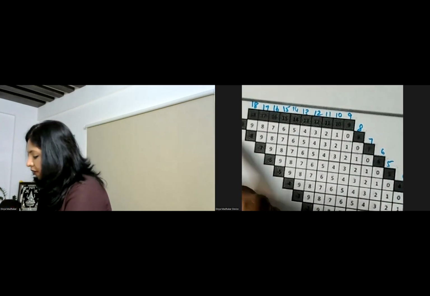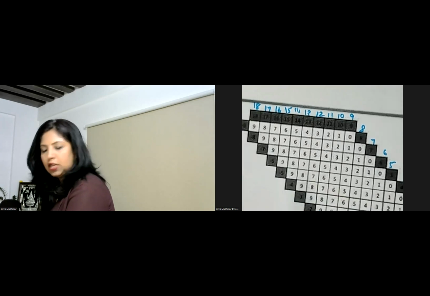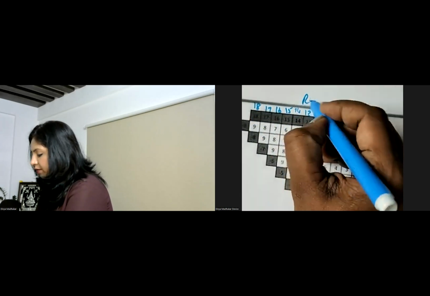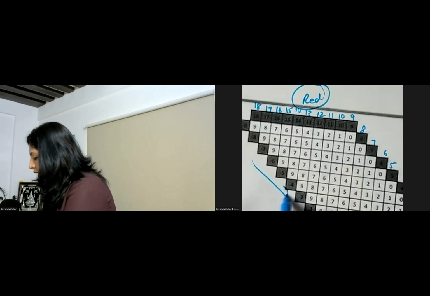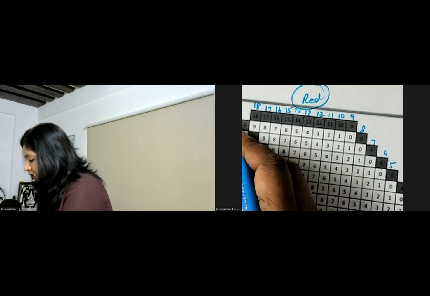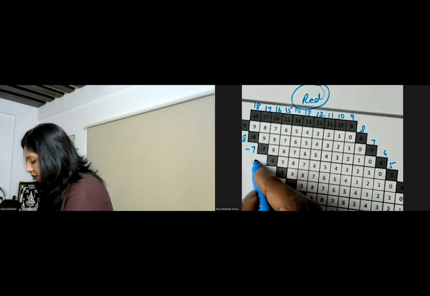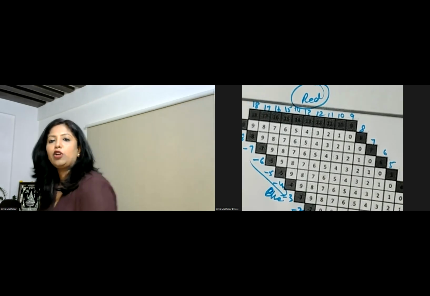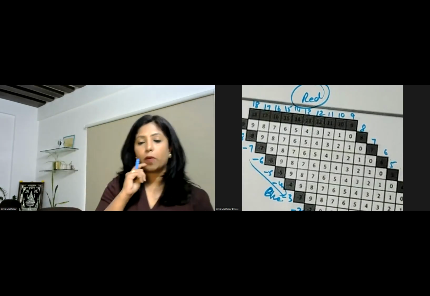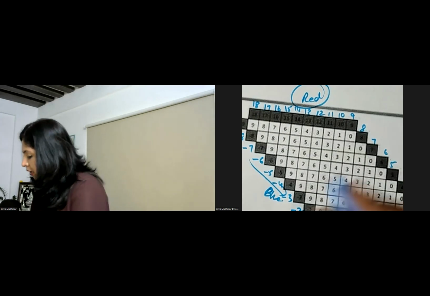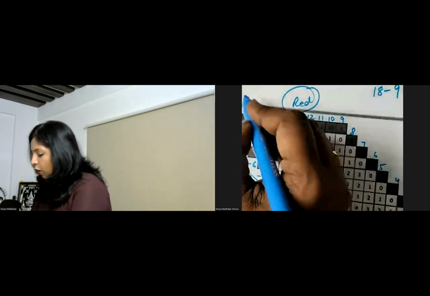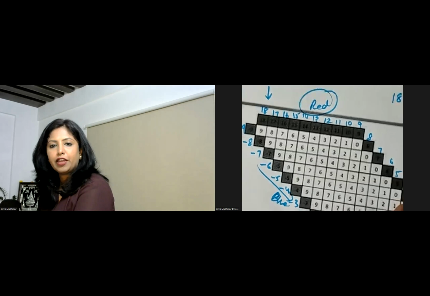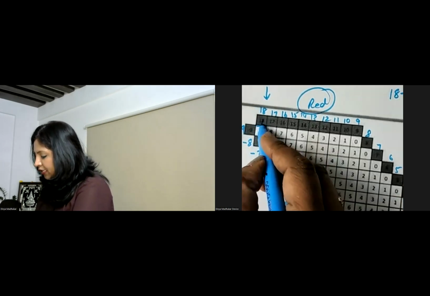The numbers given this side are all in blue color. The one which I've written in blue is actually red. The one which is gliding down like this is all in blue color. So this states minus 9, minus 8, minus 7, minus 6, minus 5, minus 4, minus 3, minus 2, minus 1. This is how your chart is. Now, if I give you a problem, say 18 minus 9, where should your first finger be? On 18, and the second finger on minus 9. So it's intersecting at 9.